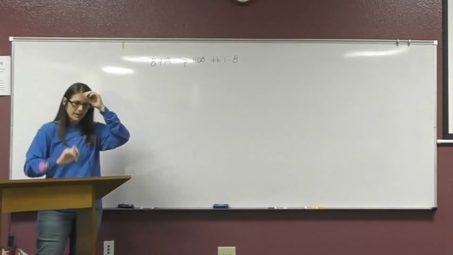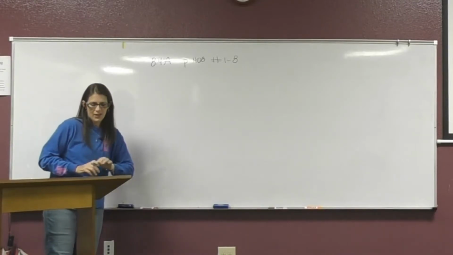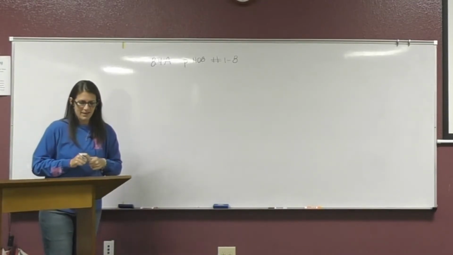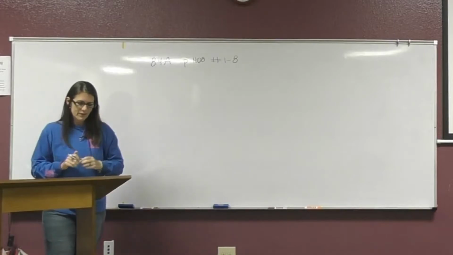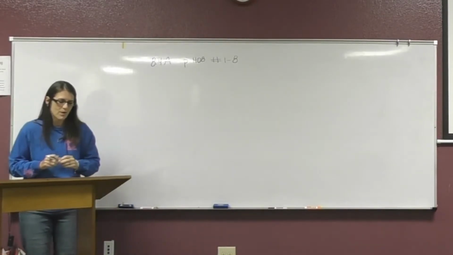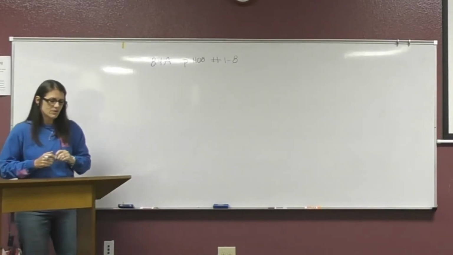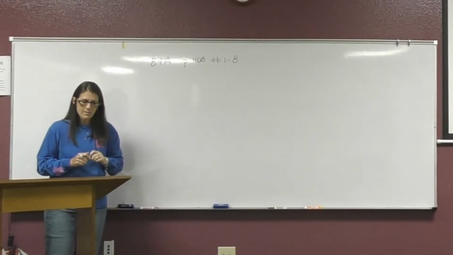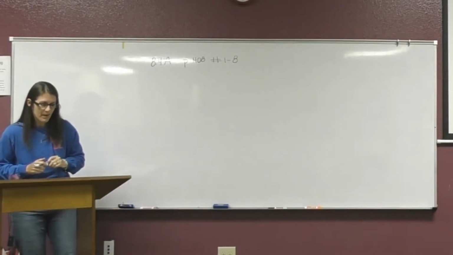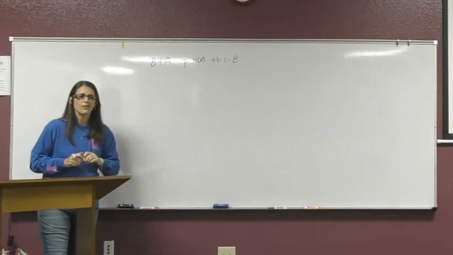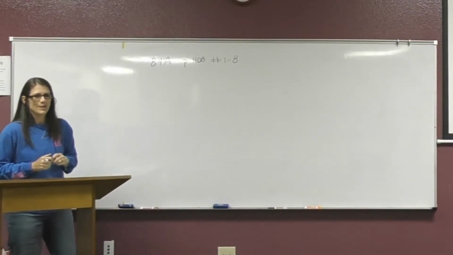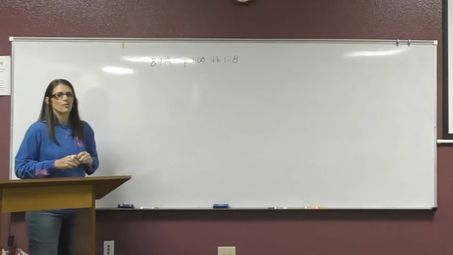So let's read the first one together. A 20-foot ladder is leaning against the roof of a house. The house is 13 feet tall. How far is the base of the ladder from the house? Okay, so to give you a very detailed picture of what's going on,